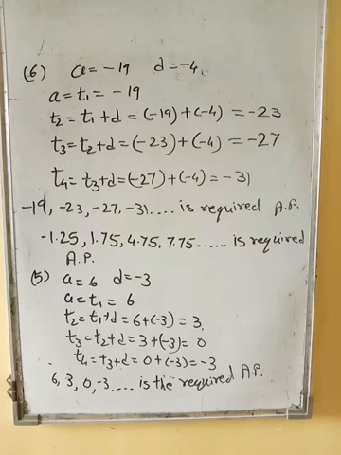Now let's move ahead with the third question. Find the first term and the common difference for each of the AP. So here the AP is given. Children, they have already told it is AP. You do not have to prove it. Just what you are supposed to do is, after doing the subtraction, you are supposed to find out the first term and common difference. The first term will be the same as the first term given. So first term finding is easy. Only the thing is you have to find out the common difference by subtracting it. Okay? So let us do it.